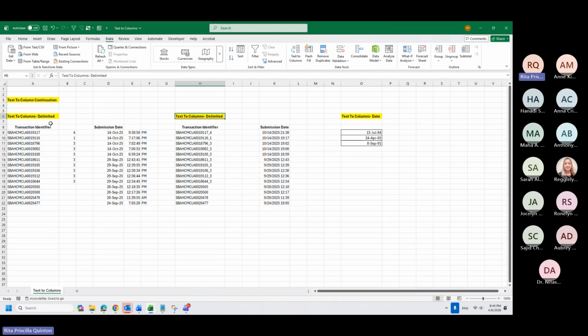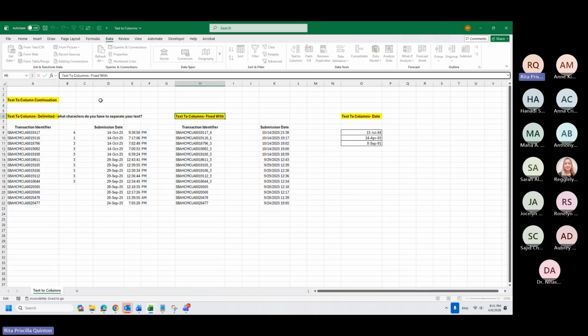We have another option on text to columns, which is fixed width. So remember that delimited means what characters do you have to separate your text. Here, I will use fixed width.